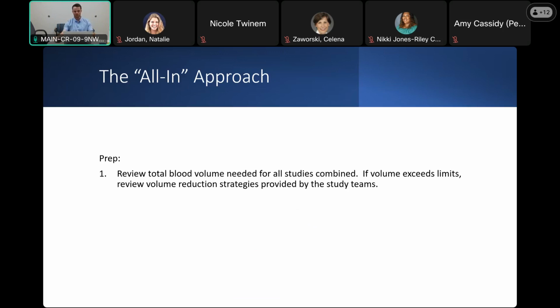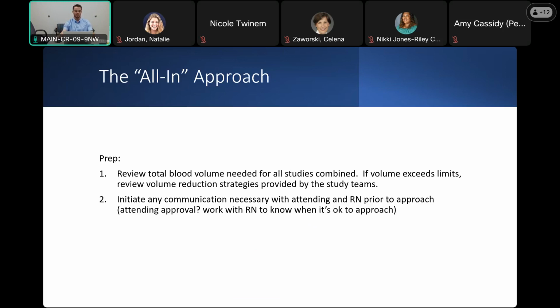Following that, we'll then go to the bedside to talk to the nurse, or we'll Epic chat them to make sure that they're aware that we plan on approaching the patient's family for these studies. And then I'll typically always give them a heads up, like, hey, if mom or dad or parents or legal guardians consent to these number of studies, then today we're going to need to collect this amount of blood. There's going to be a couple of echoes that are done and so on and so forth.